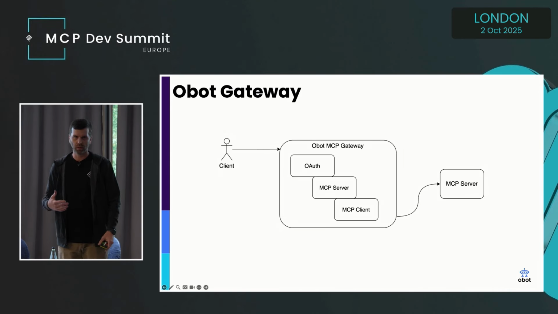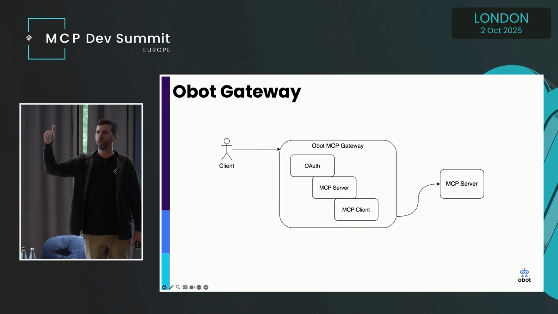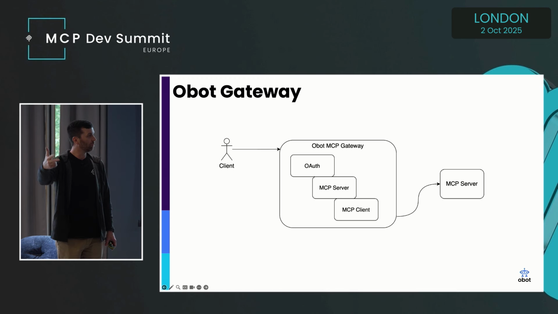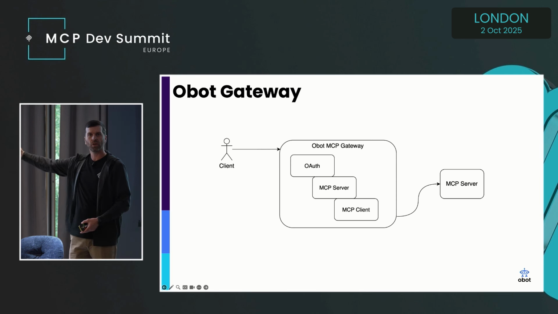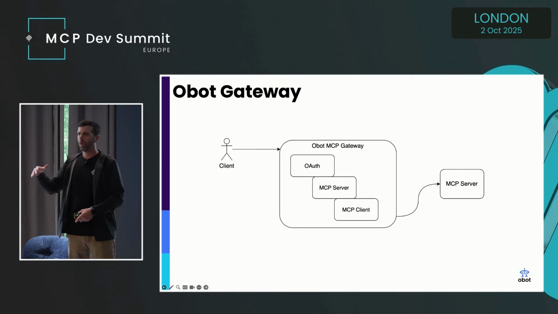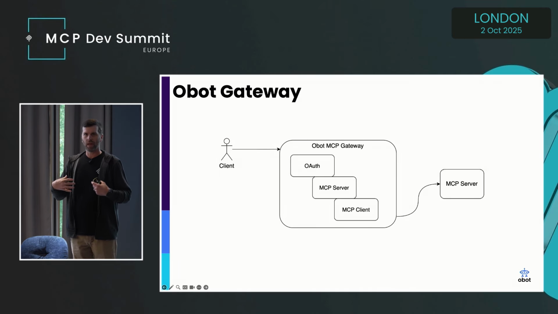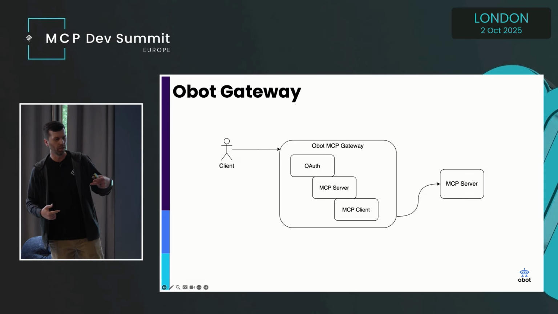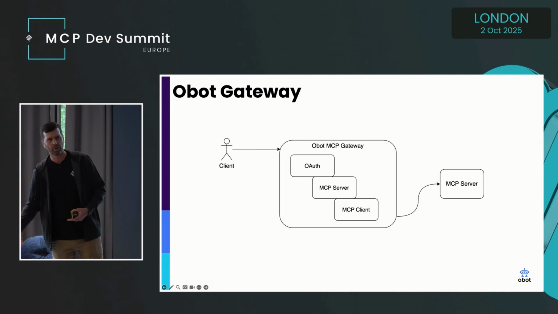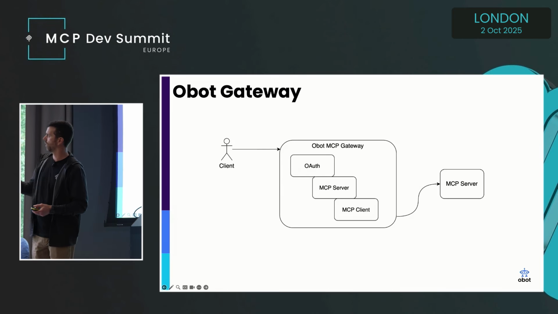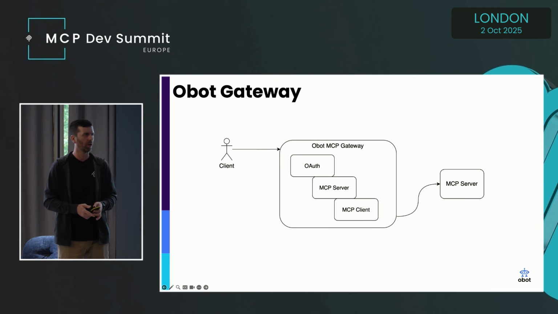So when a client makes a request to Obot MCP, we are the authorization server, we are the MCP server, and we also are the MCP client, because then we're proxying that through to the actual MCP server on the other side, in this case, the Outlook MCP server. So every aspect of the spec we have built and interacted with, whether it's the dynamic client registration, the metadata URLs, responding to 401 requests, we have implemented all of that and had to deal with it. So it gives us a unique experience with the whole system.